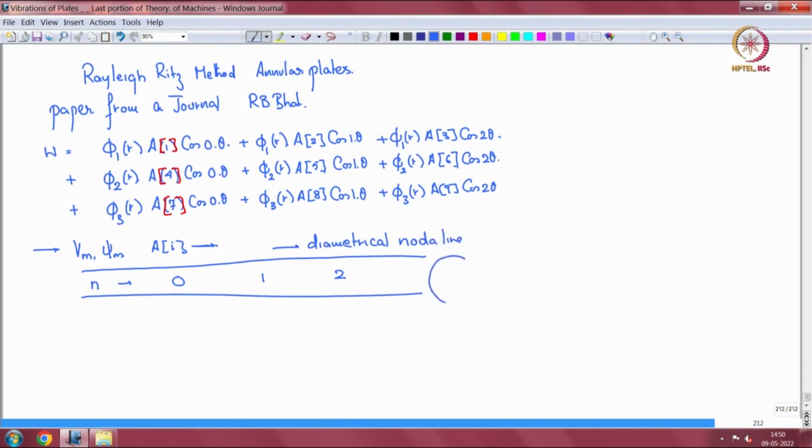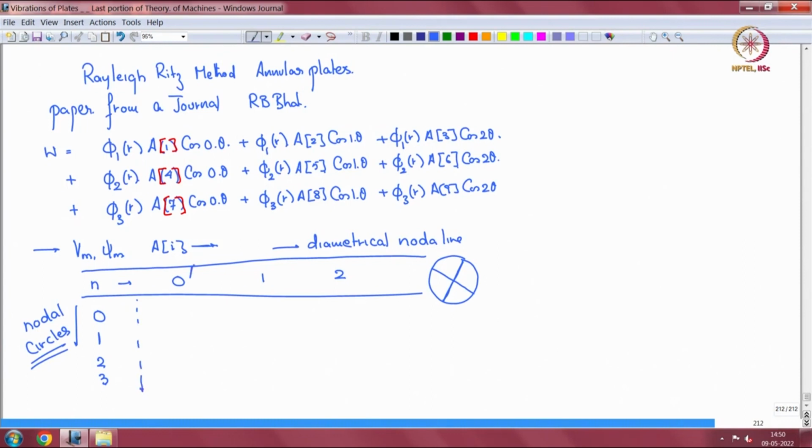That means N1 means this, N2 means this and this. And here we have this number going from 0, 1, 2 and 3. These are nodal circles. I am showing you the table that is listed in the paper. So now this whole line is axisymmetric,